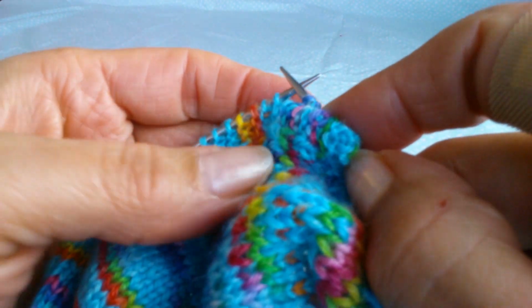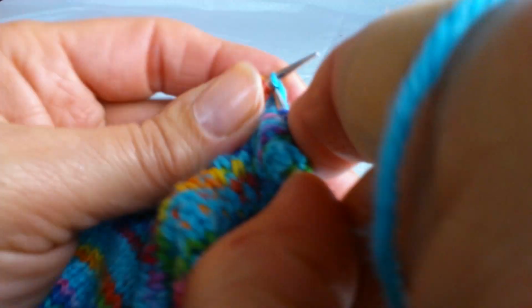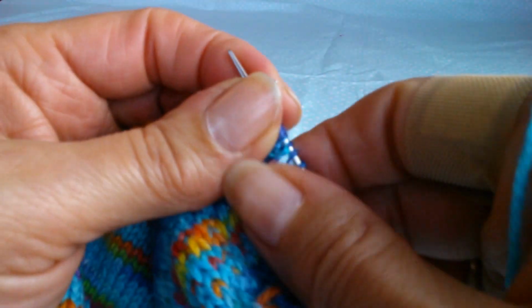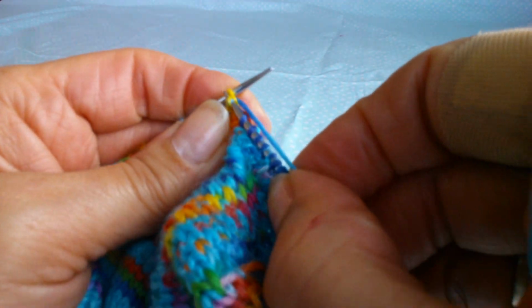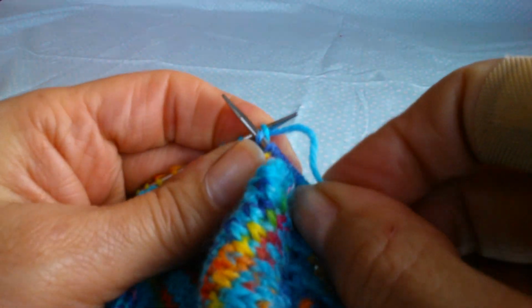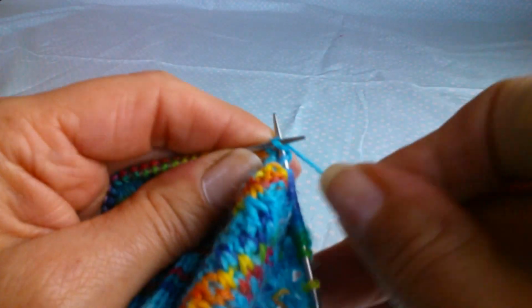10. They can be a little bit tight, these stitches. So that is my 16,